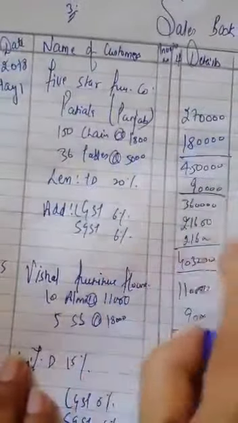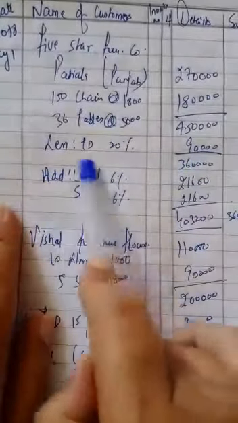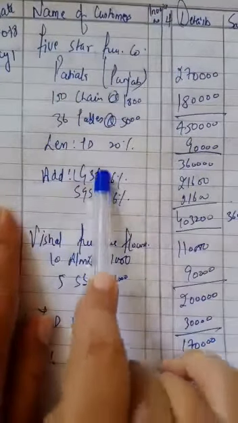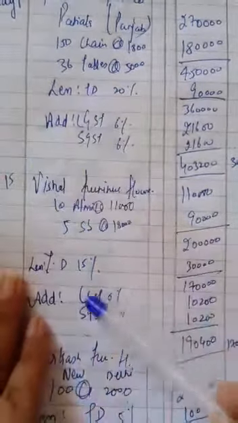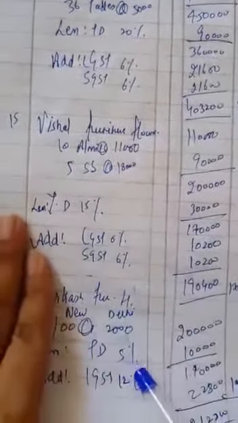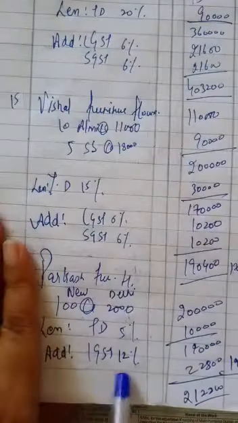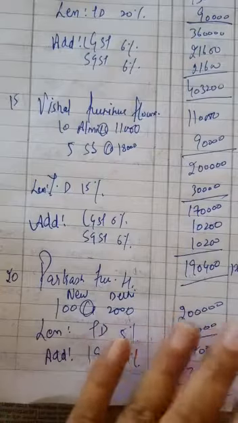Likewise you have to multiply whatever you have sold, then trade discount will be deducted and taxes will be added. If same state you are dealing, 2 taxes will be levied, CGST, SGST 6%, and if you are dealing with another state, then 6 plus 6, 12% IGST will be levied. Solve 2 questions of sales book. Thank you.